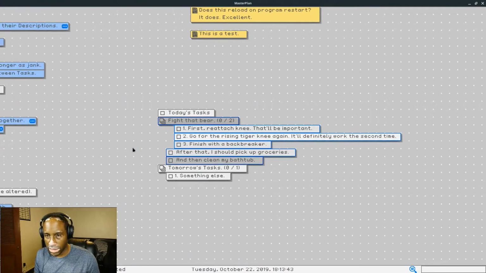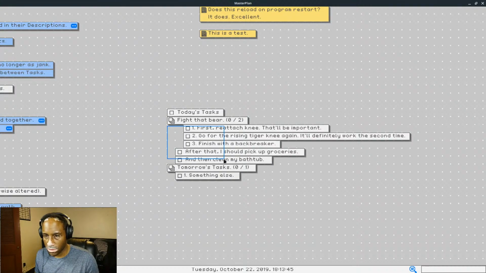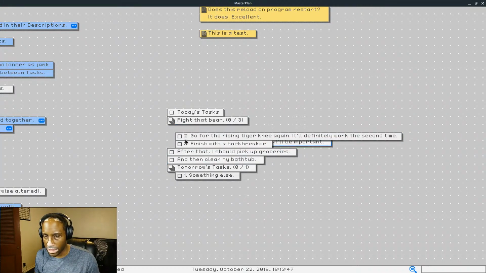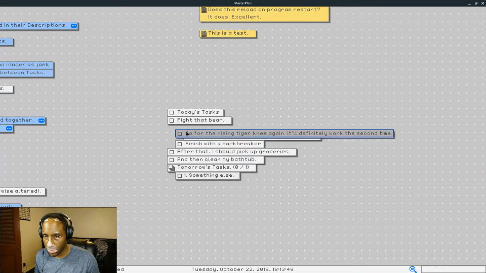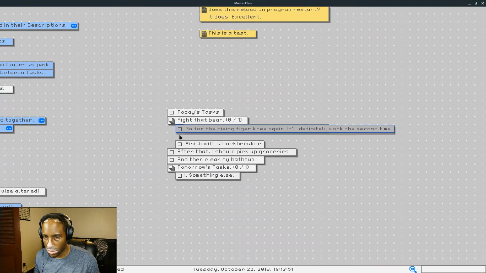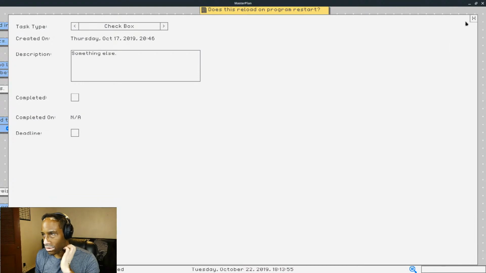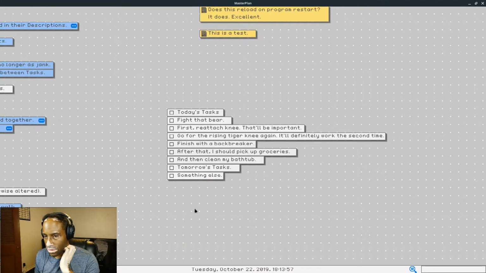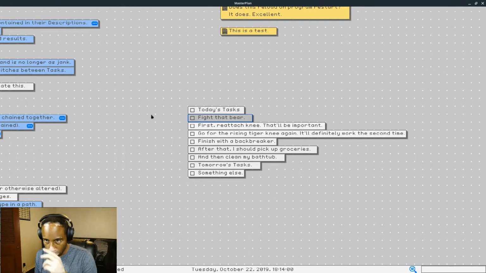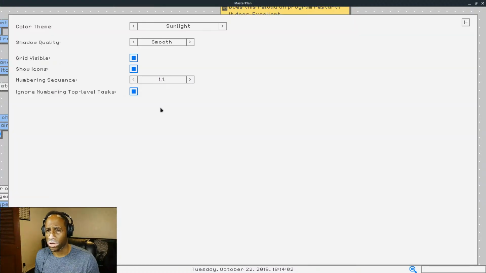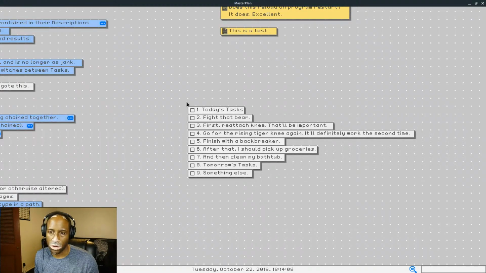Over the past couple of days, what I did was work a little bit on, I'm just trying to kick this over to a nice little baseline, work on how tasks are numbered. So there's a couple of things I added. One is you can change the numbering sequence. By default, it's like this, 1, 2, 3, 4. And if you indent anything,